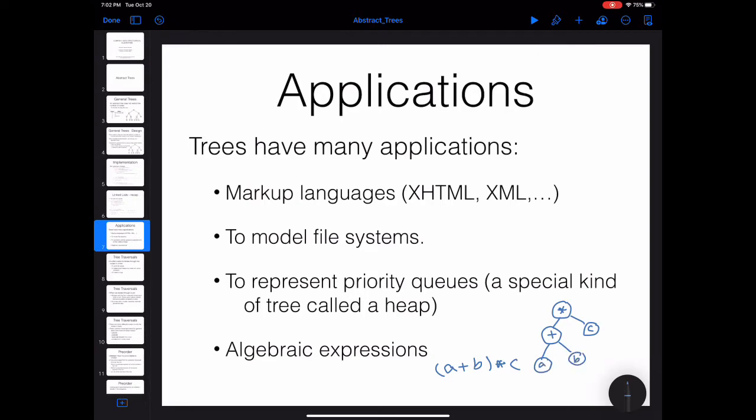Where all the leaf nodes are going to be operands and all the internal nodes are going to be operators. Okay, so using an expression tree, you can simply distinguish between an expression like this one or an expression like this one. That this one is going to be something like,